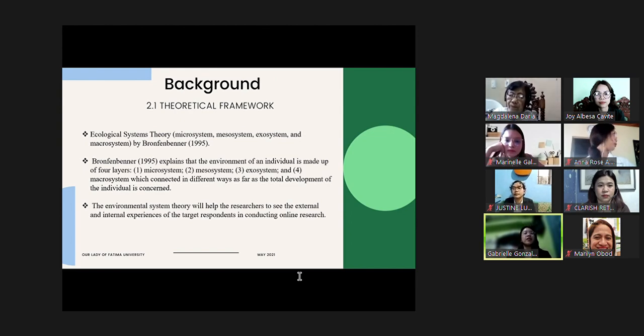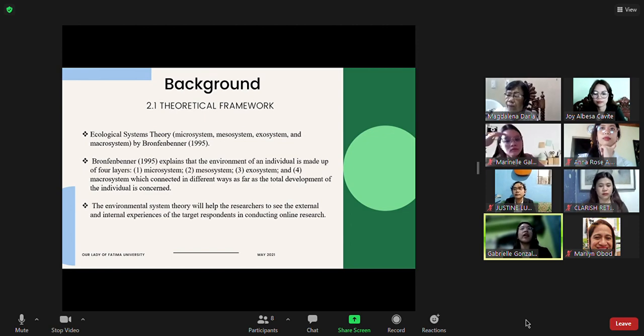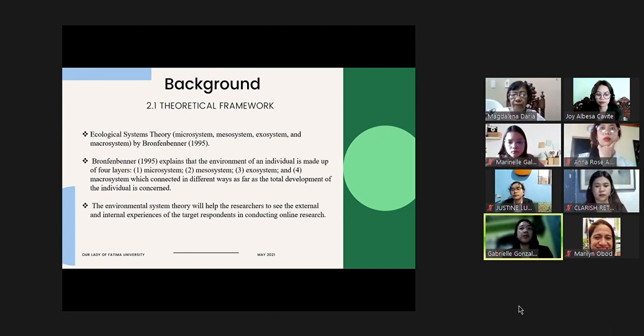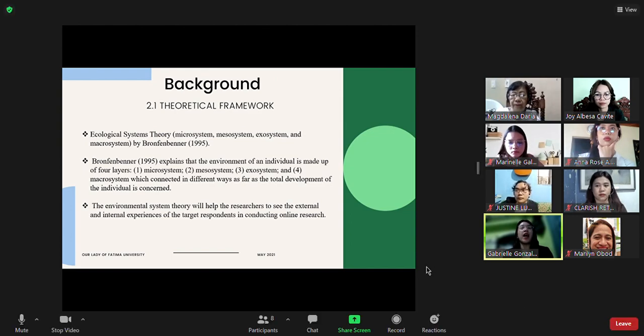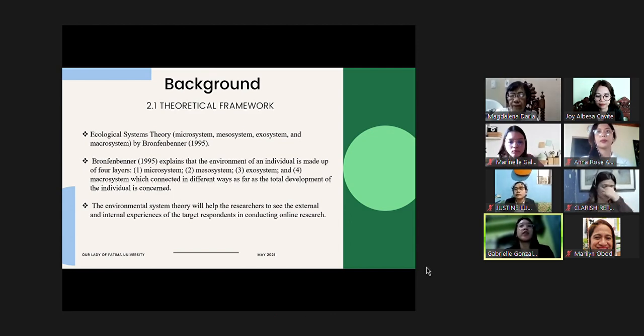The aim of this research is to know both the positive and negative experiences online learning students face in conducting their online research work or project. It is necessary to consider the student's environment, which includes the institution, family, situations, and environment relationship. In conducting the research, the four ecological systems theory serves as a guide to what kind of experiences the students will face. This theory will help us know the positive and negative experiences of the education students in conducting